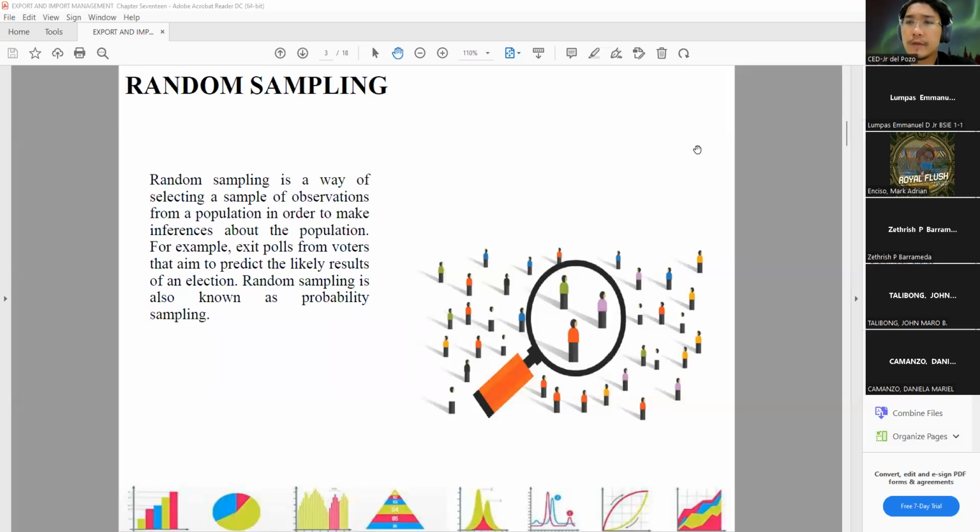You call it random sampling because you're not trying to get a specific portion or ethnicities or race or someone who has